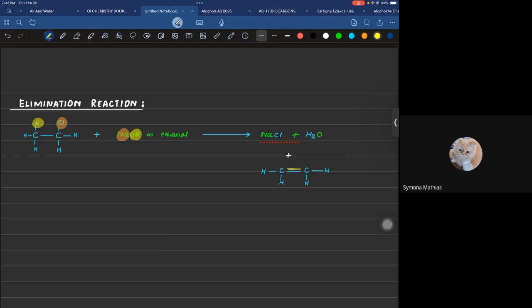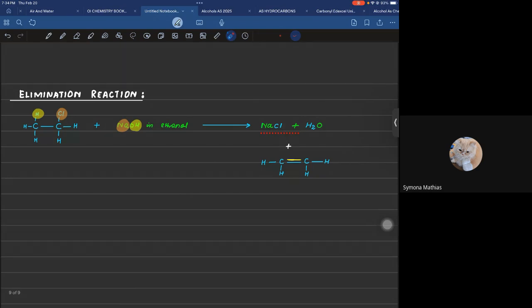Since HCl is removed, to eliminate this acid you need to do a reaction with base. Therefore I have taken sodium hydroxide. Sodium hydroxide has done a chemical reaction with hydrochloric acid. Since the hydrochloric acid is removed, I got an alkene. This is an elimination reaction. Okay, it's very simple. हो गया जी, तो बहुत आसान है ये।